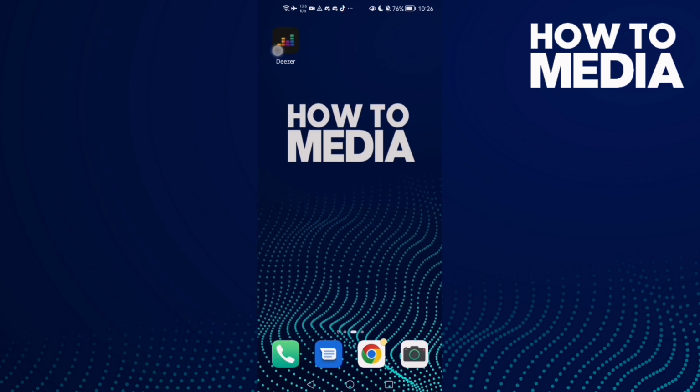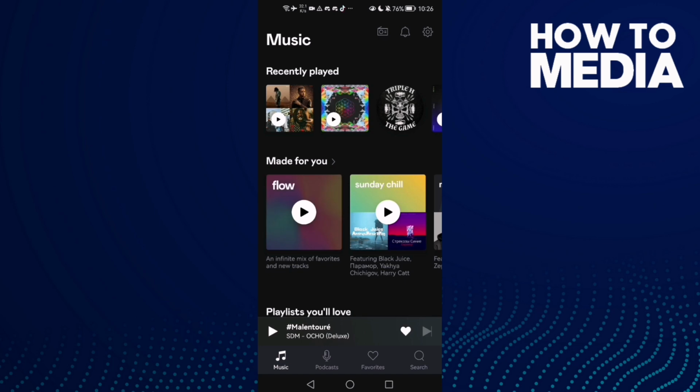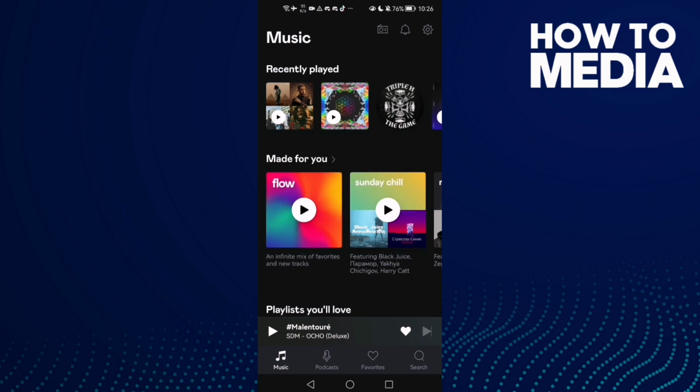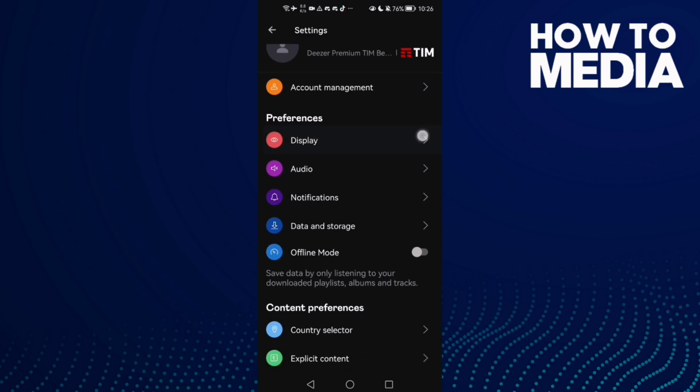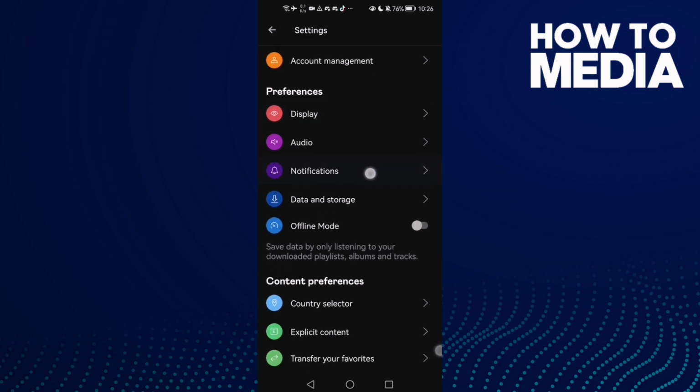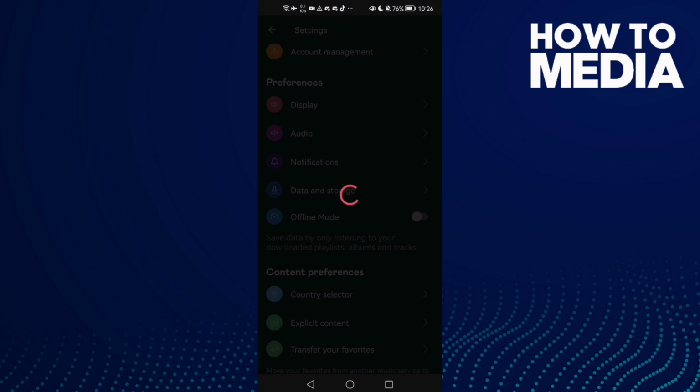First, open Deezer, and here you will find this settings icon in the top corner. Click on it, and now click this one. Here you will find the notifications,